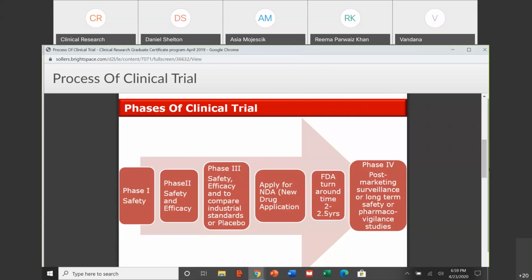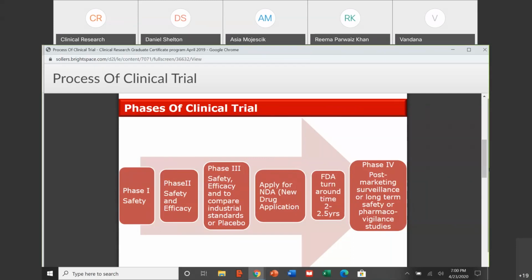The turnaround time for an NDA application is anywhere between 2 to 2.5 years. That's the standard timeline, but timelines can change depending on the situation. For example, take our COVID-19 crisis, right? A lot of pharmaceutical companies already started their phase one trials to develop a vaccine. So we can't wait 2 to 2.5 years for that to be approved, right? If you see any early signs of safety and clinical efficacy, they can give emergency authorization to use it on emergency grounds. So timelines are always expedited because we always make sure the safety of the patients